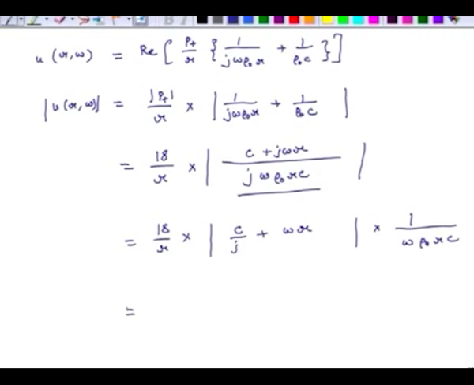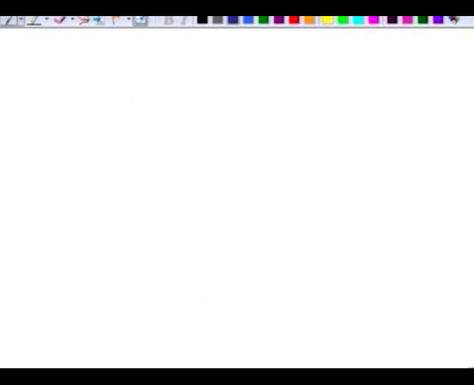If I reorganize this information further, what I get is 18 divided by omega rho naught r square c times omega r minus c over j, and then finally, what I get is